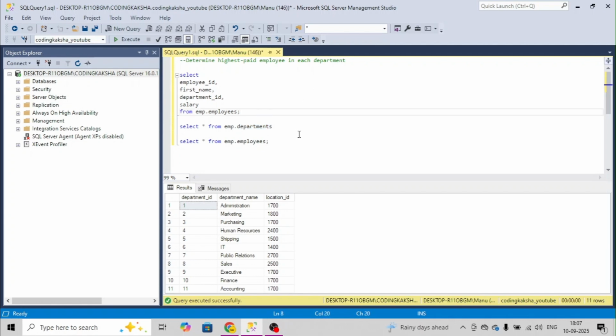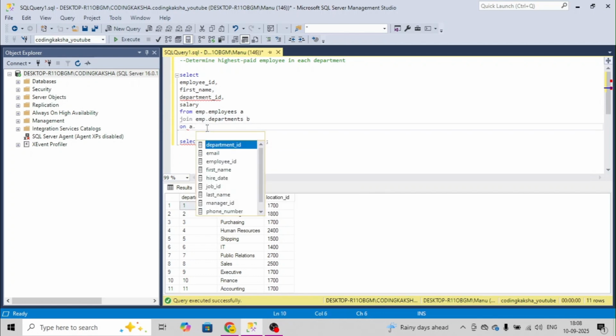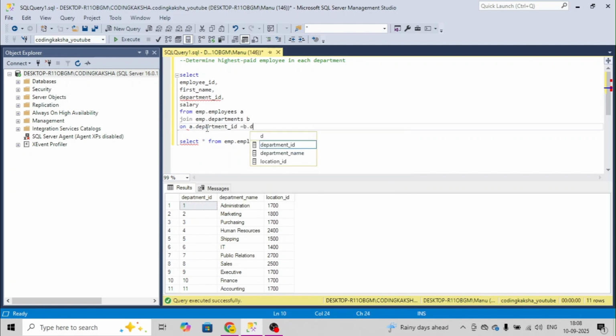First we will join these two tables, the employee table and the department table. For joining, we have to give the join condition. We can do either a left join or an inner join, whatever you want. As of now, I need each and every department's information, like the department label, so I will do an inner join because I need each and every department's name. Then we will give the ON condition, and we can give table aliases a and b. So a.department_id is equal to b.department_id.